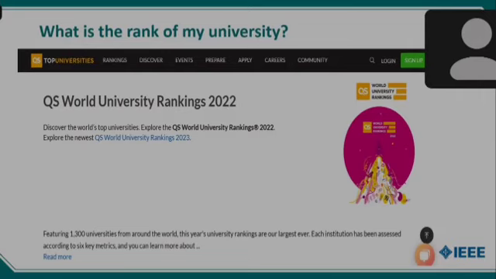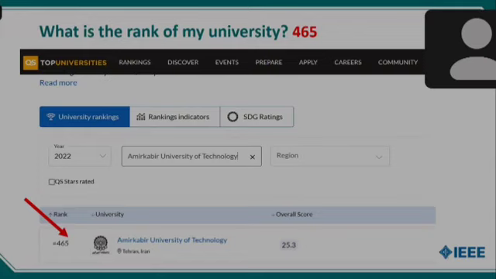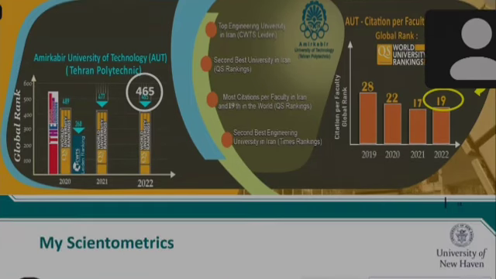About the ranking of my university, I have used this slide. You can see we have the QS university ranking system. It is an open website, and you can search for your university and find its rank. I have used this site. Next slide, please. The rank of my university using this website is 465, which is not so high, but interesting